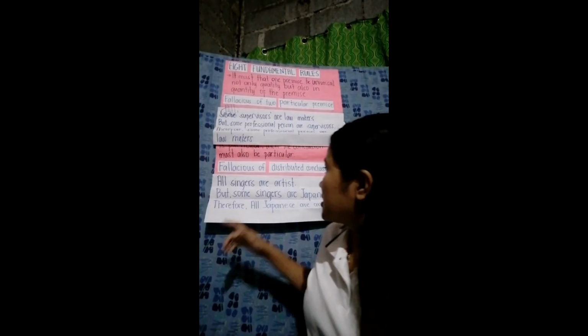So, for the 10th fundamental rule, the subject of the conclusion must be in the minor premise, and the conclusion must always be asserted. In this syllogism, nothing will be in the conclusion unless it is in the premises. It means that the subject term is something that is being affirmed or denied. If this is not followed, the violation occurs. So, sinasabi dito sa number 10, kung yung conclusion is makikita doon sa premises mo, yun yung sa number 10. So, for example,